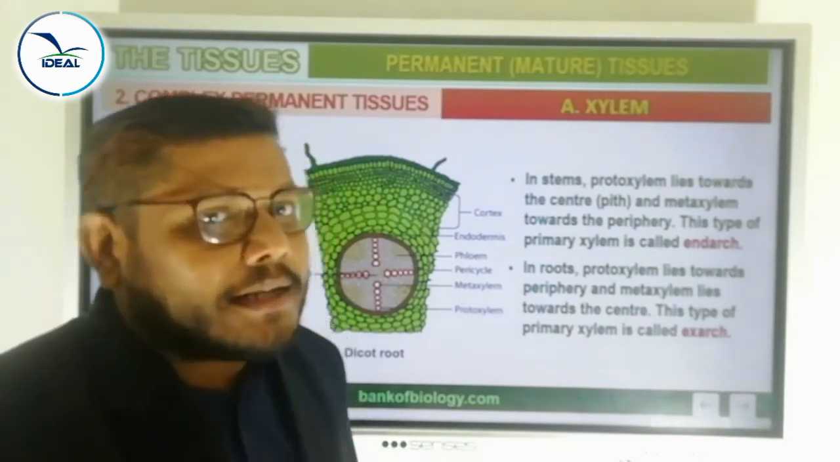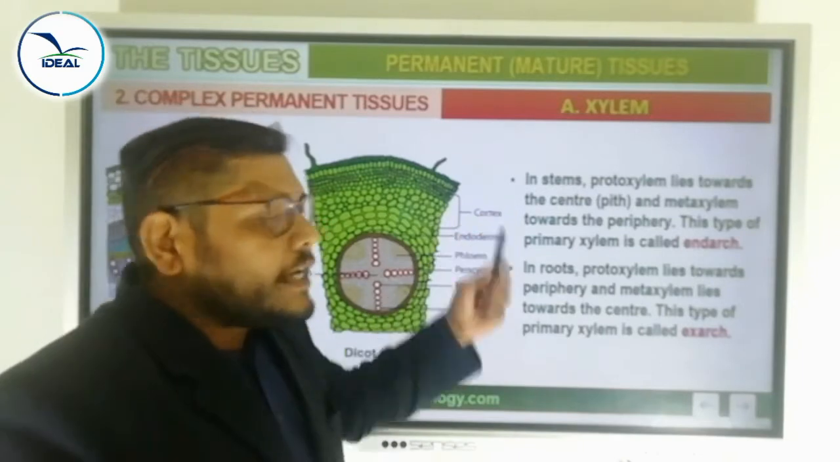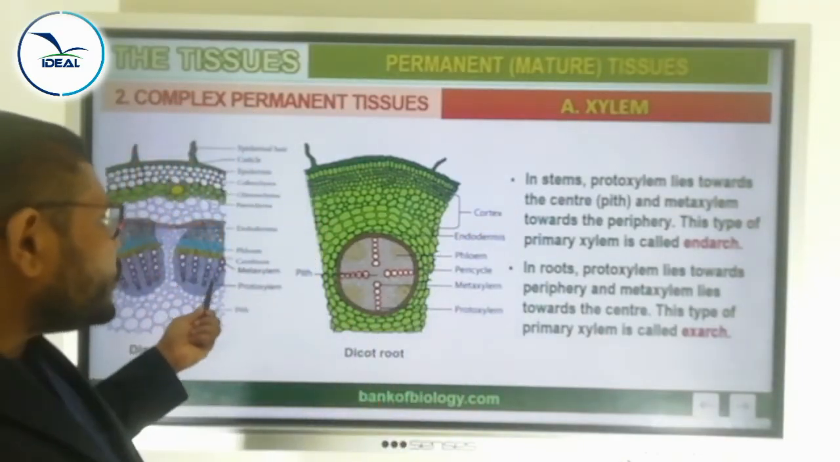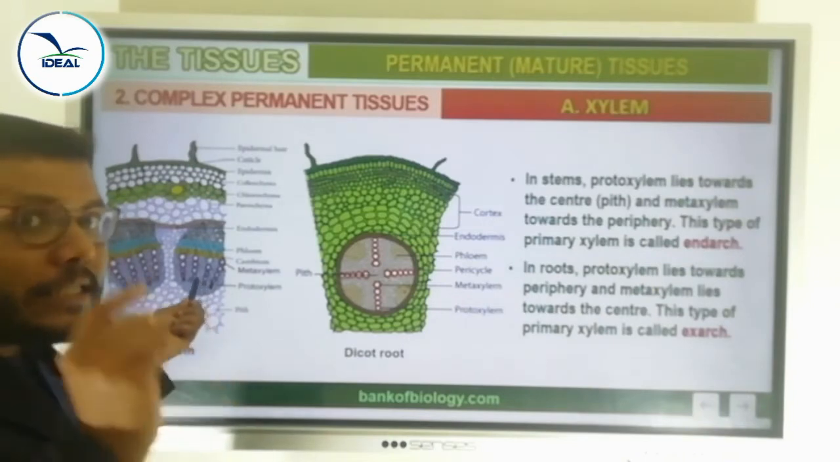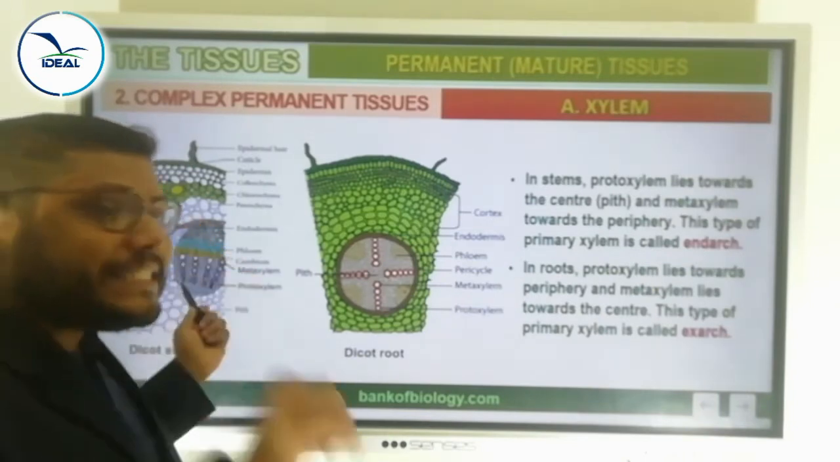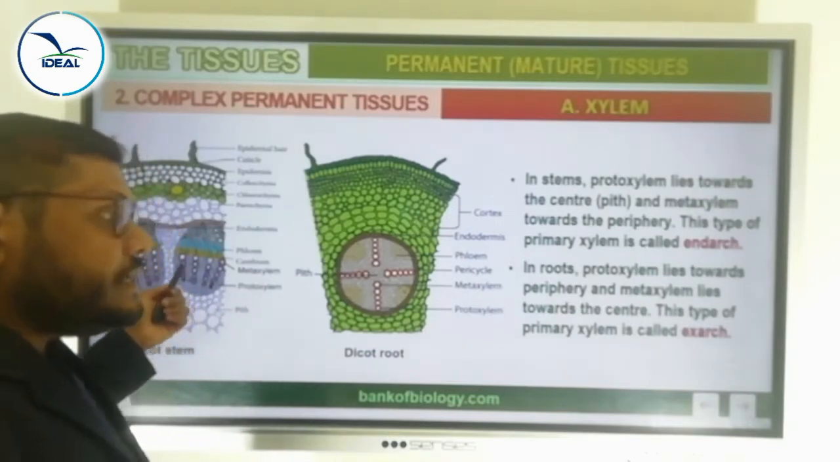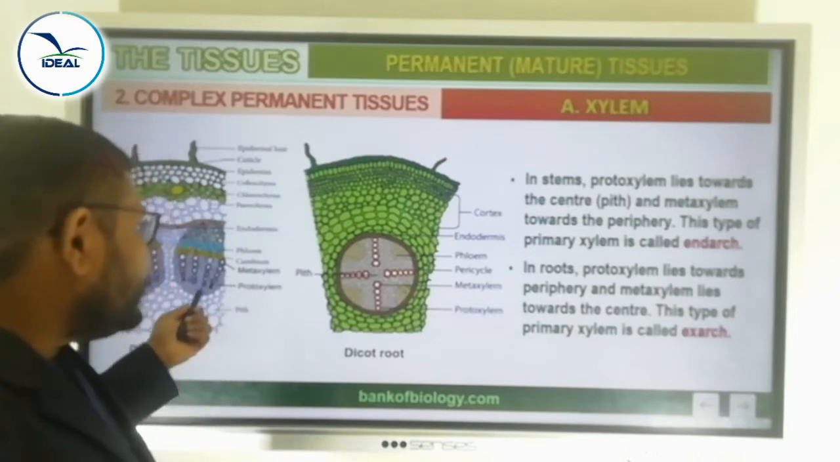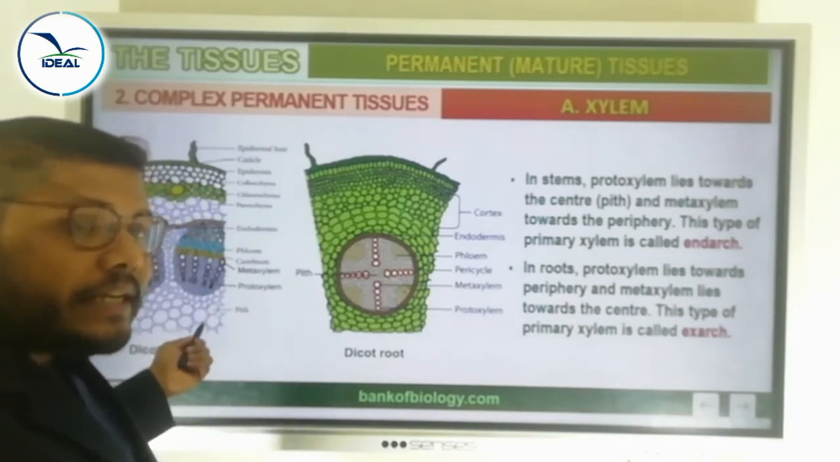What is endarch xylem? Look here. In stem, the protoxylem lies towards the center. Look, this is the protoxylem part, the first formed xylem. That protoxylem lies towards the center, which means the pith. We will discuss later what pith is. Okay, the protoxylem lies towards the center and the